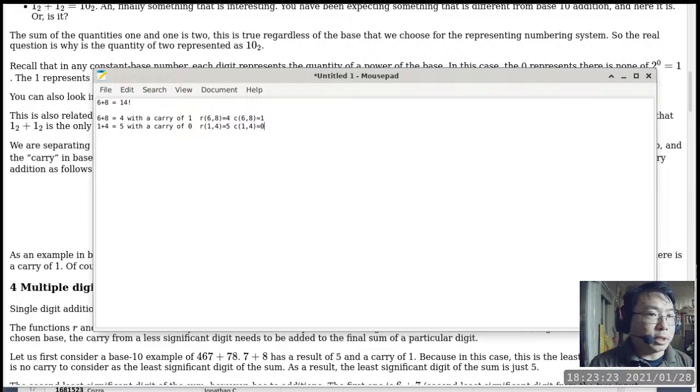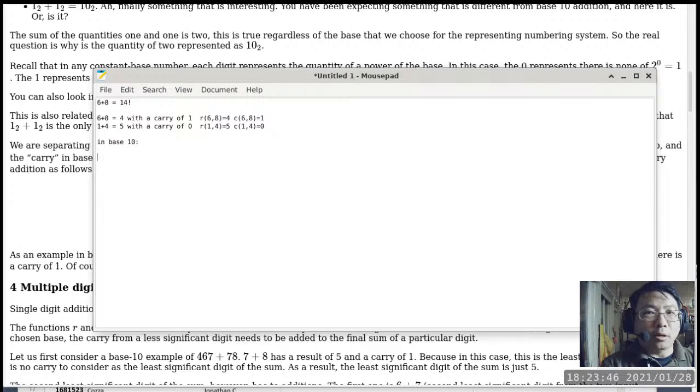Okay, so we got a few questions coming. I'm going to wait a little bit here for those questions. You can look at R as a mod. Yes, you can look at it as a remainder. In other words, if I generalize, okay, in base 10 at least. So in base 10,